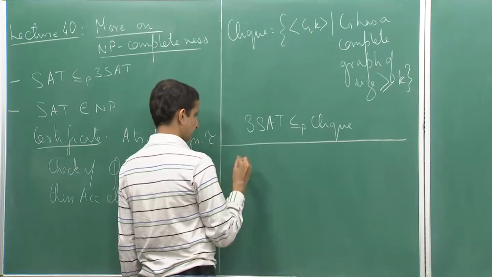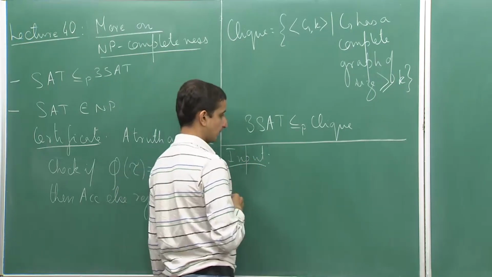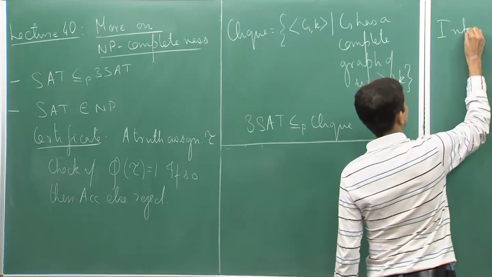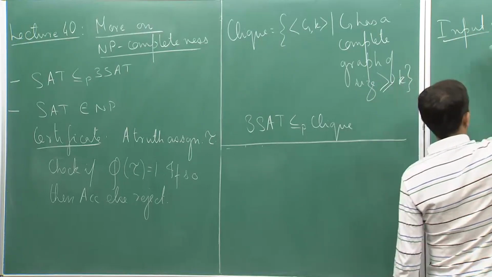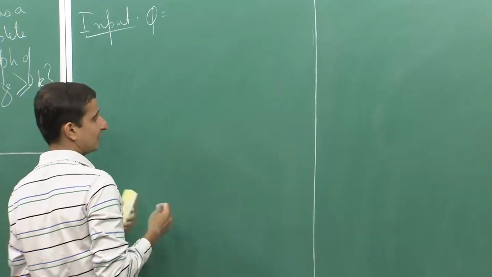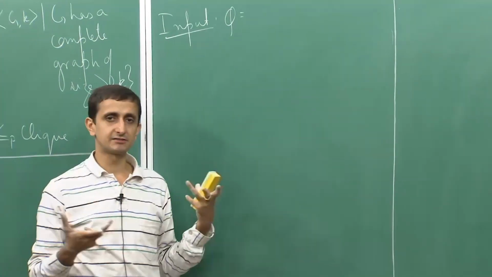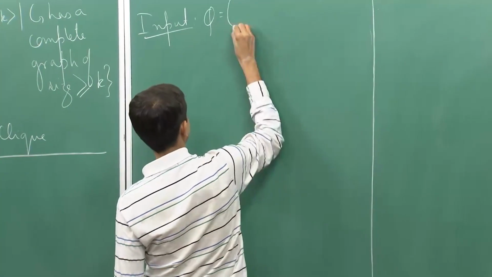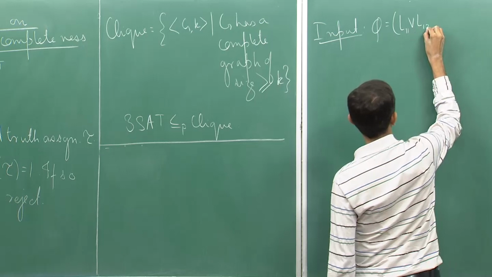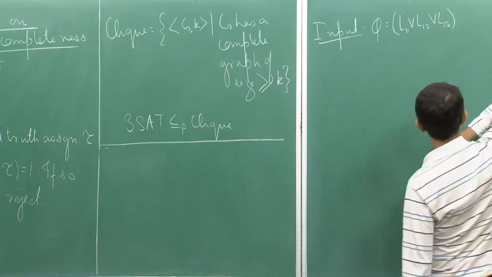So, suppose as input we are given a Boolean formula. So, let me do it here. So, suppose we are given a Boolean formula phi, which is equal to, so it is a 3-SAT formula. So, the formula consists of clauses, it is an AND of clauses, each clause has 3 literals. So, phi is equal to, let us say, L11 or L12 or L13. So, these are all literals, I am just naming the literals with L,